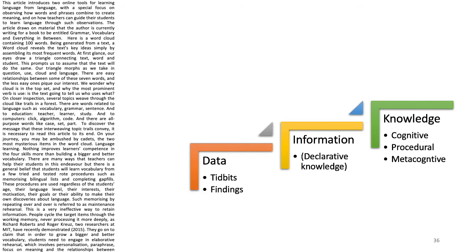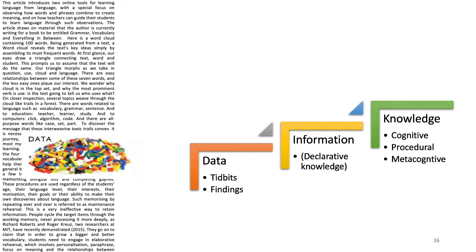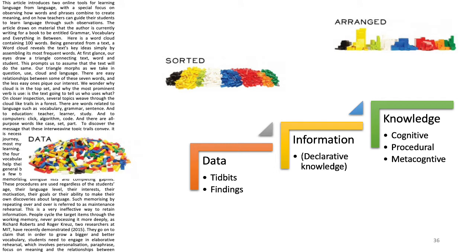So in our language study, our data is language, authentic language. It's text. As we structure the data, we sort it and find patterns in it, it converts into information. And we're doing this all the time, every day in our lives. And as all of this information gets organized into mental models, theories and schemas, we arrive at some sort of conceptual knowledge. Our models and schemas enable us to use these features of language.